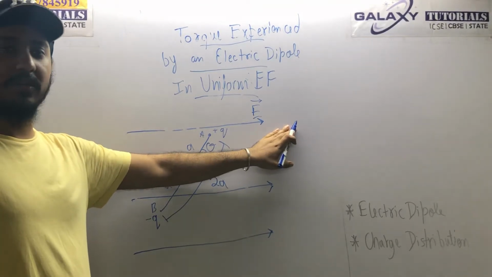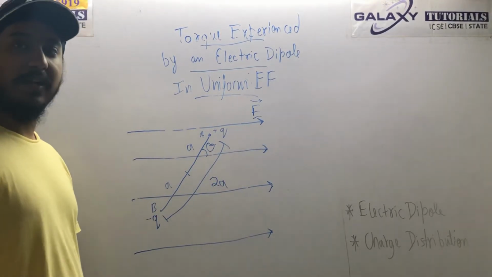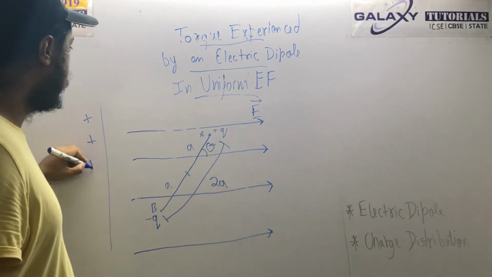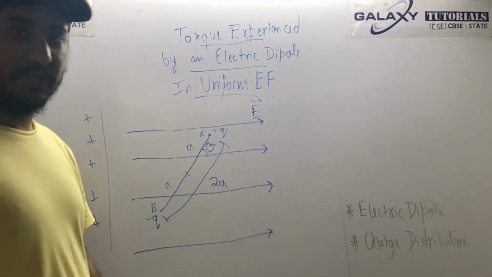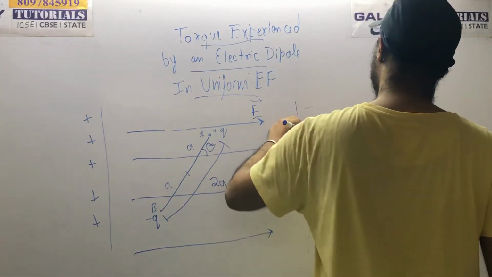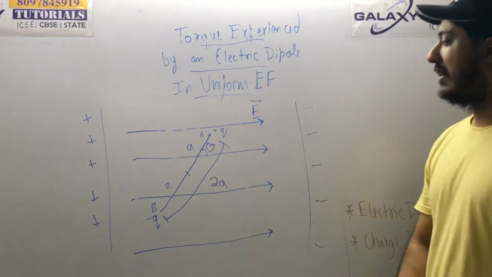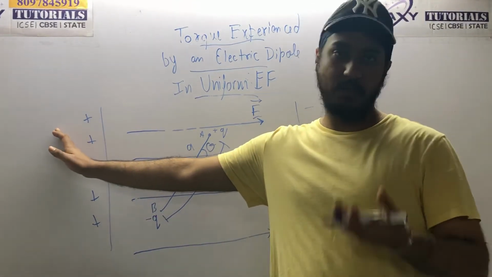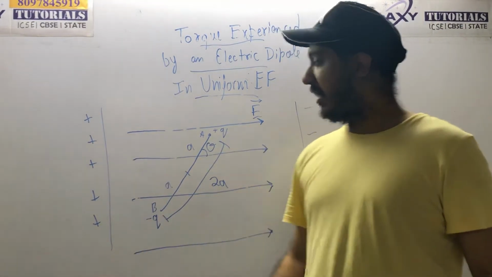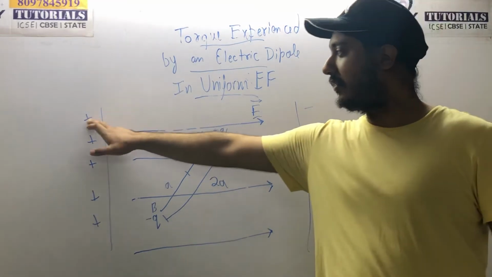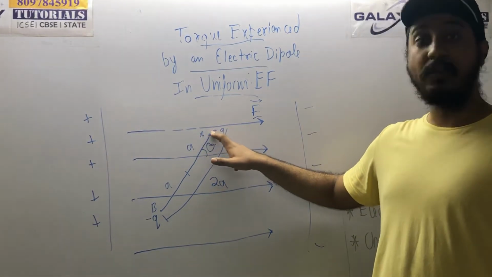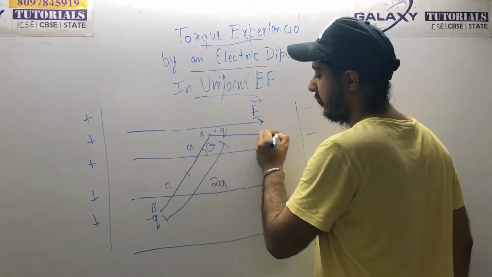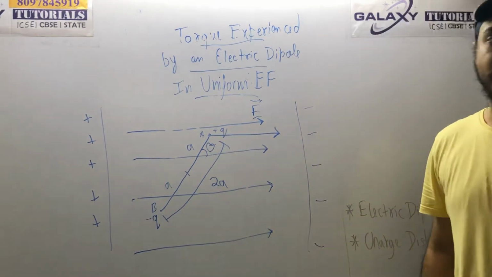Why will it go in this direction? Because I have told you many times before that the electric field always exits from the positive charge and enters the negative charge. So if the electric field is created here, obviously there should be an origin. The origin is this positive plate, and this positive plate will try to attract or repel this plus q charge. It will repel the plus q charge. So this plus q charge will experience a force in this direction.